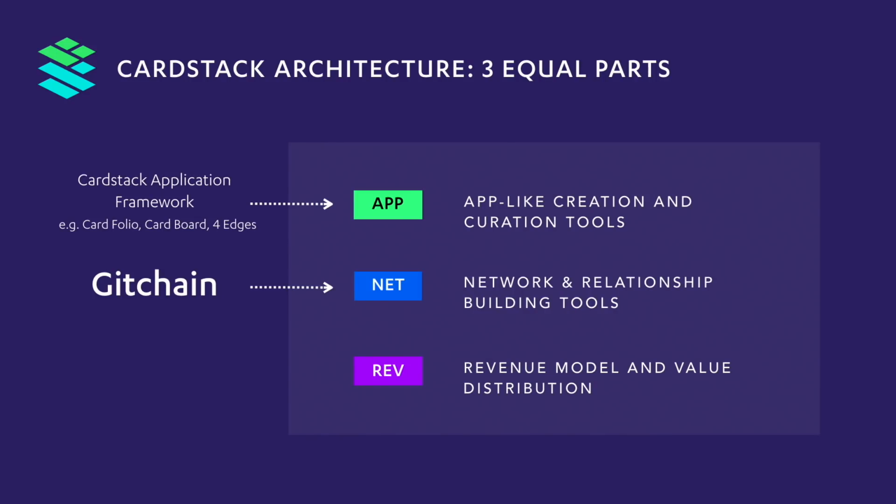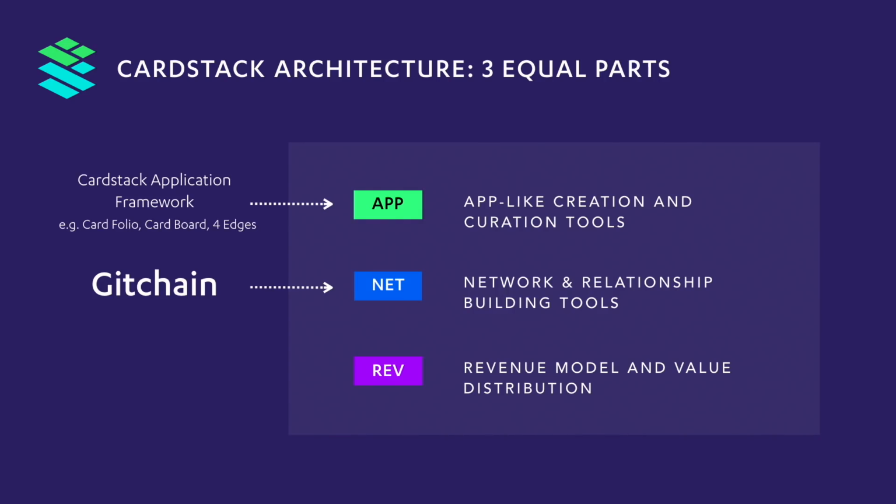Gitchain is actually one of the first and probably one of the most important parts of the second part of what the Cardstack architecture is about, which is allowing people who build on top of the Cardstack application framework to be able to use the card concept to build networks with each other, to build relationships, right? And with Gitchain, as you can see, almost all the things in Cardfolio, your wallet, your portfolio, Cardboard, your articles, and images are actually encoded in Git. So it makes sense that the syndication and synchronization of that uses this standard way no matter what it is. It's a very general purpose protocol for moving things around, and it just so happens that everything we have designed has been sitting on top of Git, and therefore we can use Gitchain as the primary way to build this next generation network.